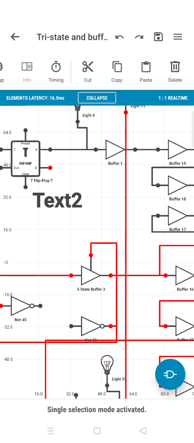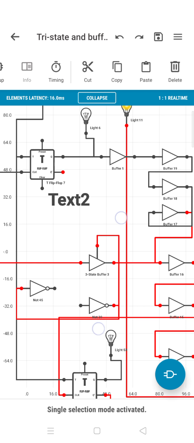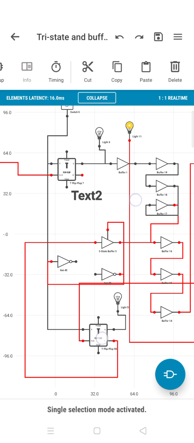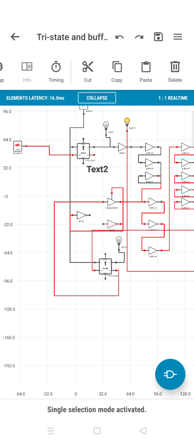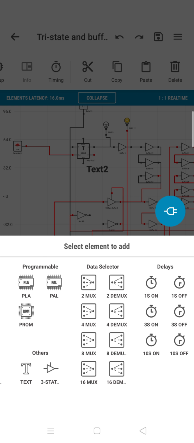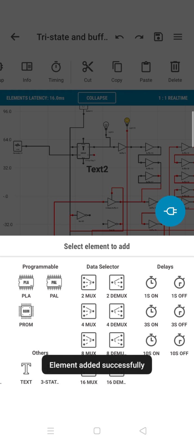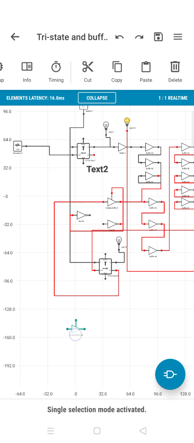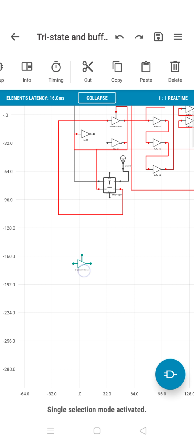What is the use of a tri-state device? The tri-state device is the foundation of the architecture of any kind of AND gate, OR gate, and circuitry. Everything comes under a tri-state device, called a transistor or something like that. Now we can get a tri-state device from here. This is called a tri-state device. Now I've added a tri-state device here.